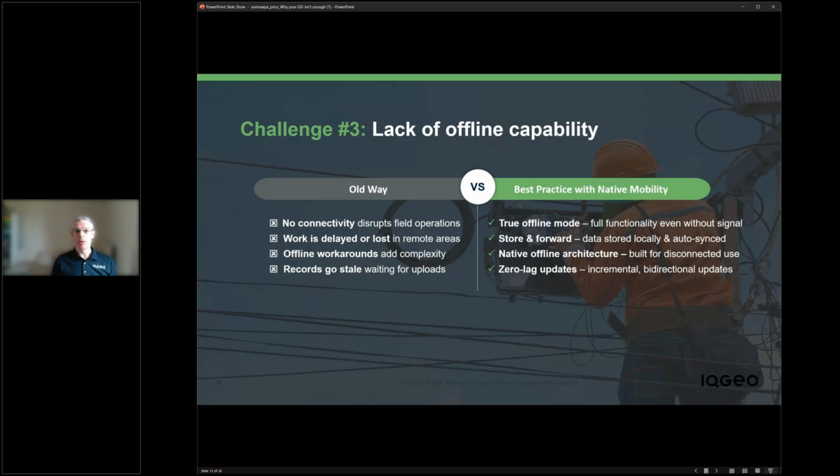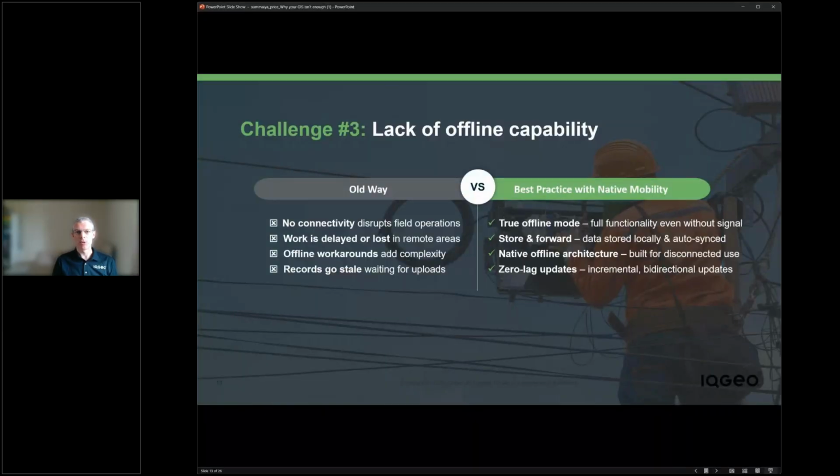So our perspective is that best practice is to have a true offline mode. This really is all about providing access to the full capability of the platform that you're using when you're completely offline. So not just a simplified cut down version of the application, but full capability. And that information is captured and works. The data is stored locally, can be edited, updated, and then shared back automatically when connectivity is restored.